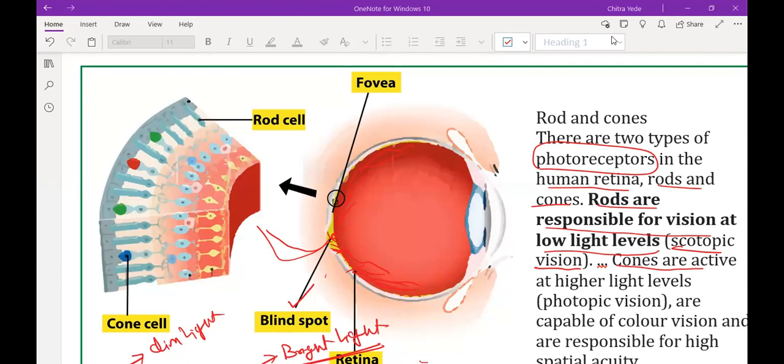But for objects at a very far distance, suppose you are visiting Dubai. In Dubai you can observe the Burj Khalifa from a very long distance because it is very tall, and light rays incident on the Burj Khalifa reflect towards you, so sufficient light comes to your eyes to form the image of that building.